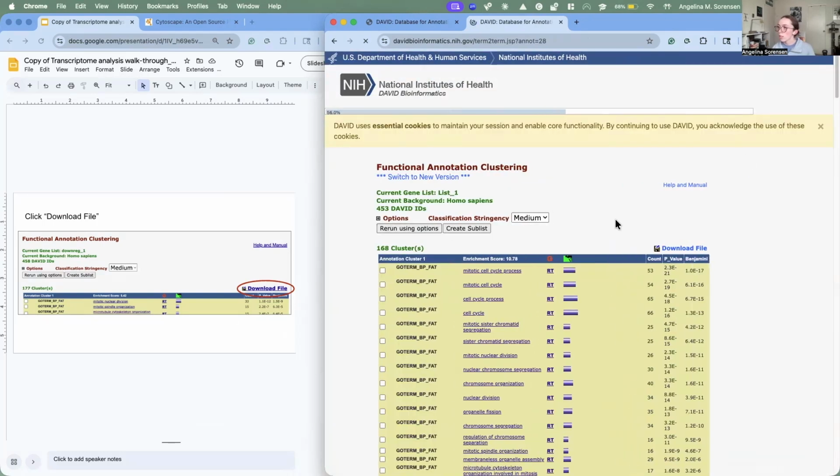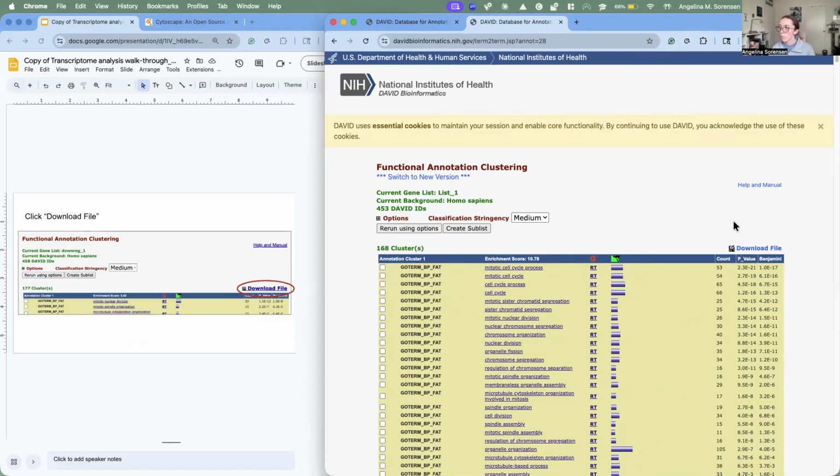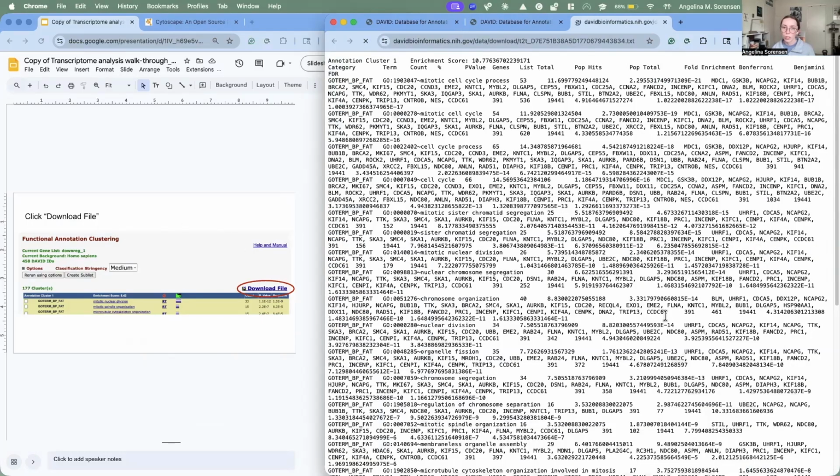I'm going to switch to the classic version just so that it matches more of what we're expecting on the slides here. So you can do either, but classic version is what I'm more comfortable with because it looks like what's on here. So I just switch it over to the classic version once I matched up with this spot here. And then now I can click download file